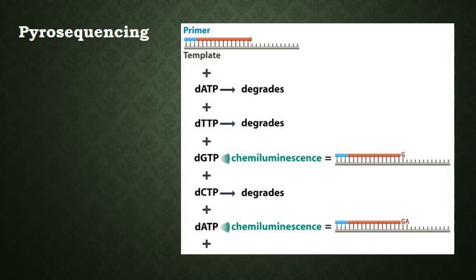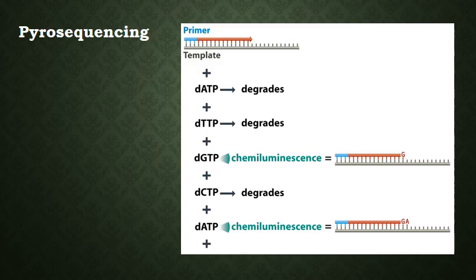This does not require electrophoresis or any other fragment separation procedure and so is more rapid than either chain terminating or chemical degradation sequencing. It can only generate a few tens of base pairs per experiment, but it becomes an important technique in situations where many short sequences must be generated as quickly as possible. For example, in SNP typing.